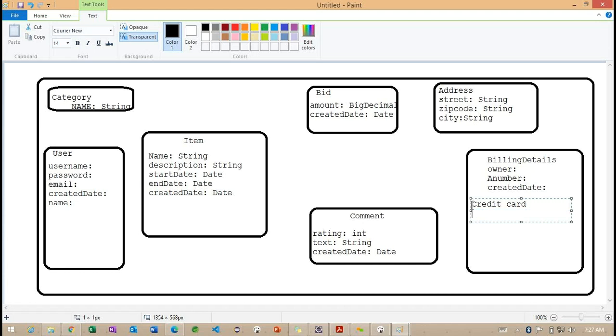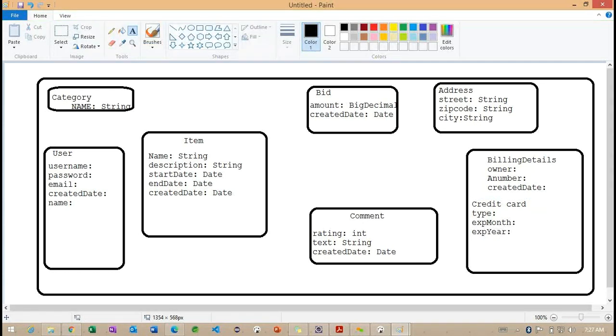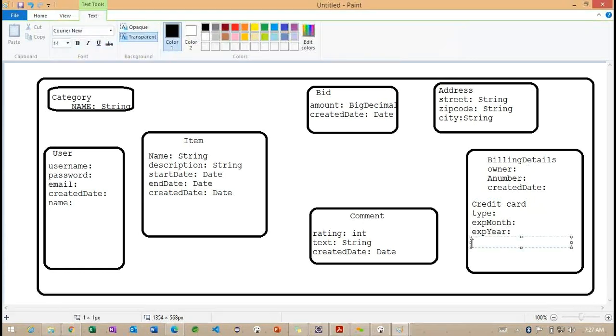So inside this credit card section, type of the card. So what is the type of this credit card, expired month and expired year. So these are the information we will have inside this credit card. Inside this bank section, what are the information we are going to have?